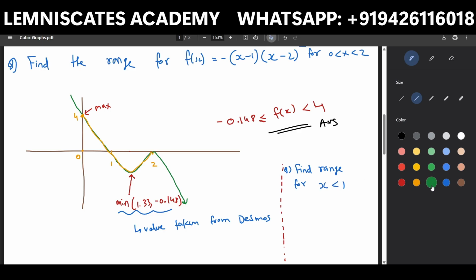In this case, what part of the graph should be highlighted? So 1 is over here. From this part, you are going everything to the left side. Let me use some different color. I guess almost all the colors I've used. Let me use blue. So from 1, you are going to the left side, everywhere to the left side. So this part of the graph, the one that I've highlighted in blue,